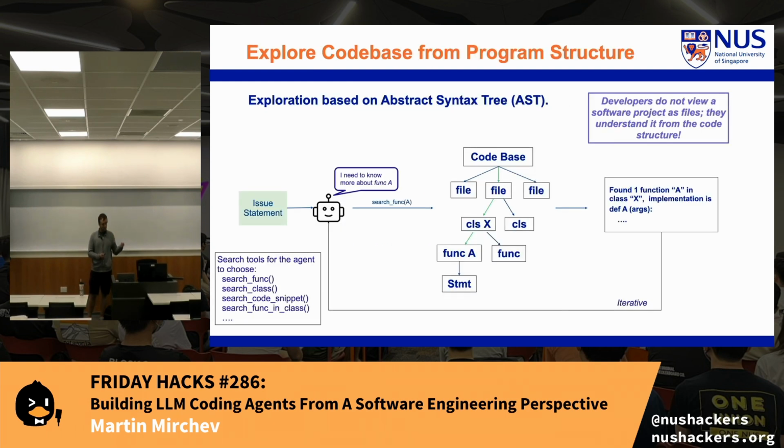Now, to do this, we had set up an agent, in a way which was one of the fundamental agents for the system, which can explore the code base. As mentioned, we have 2 steps, context retrieval and patch creation. So having the issue statement, we can give it to the language model, and the language model can say, I need to find this specific class. I need to find this function. Where is this function being used? Who uses it? How is this class even defined? Or does somebody inherit it?